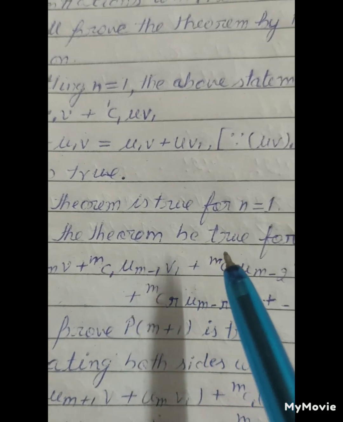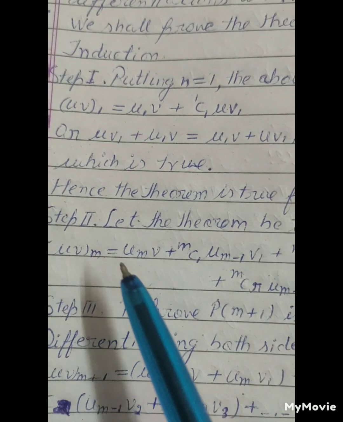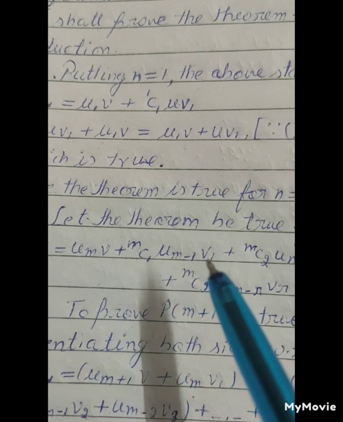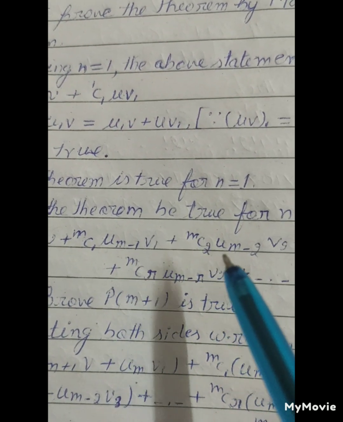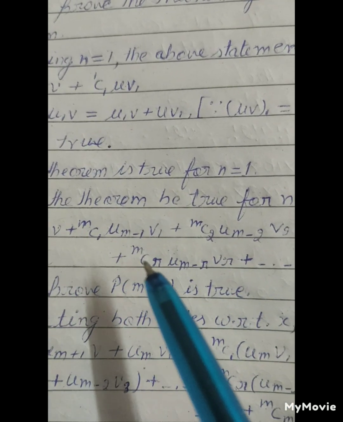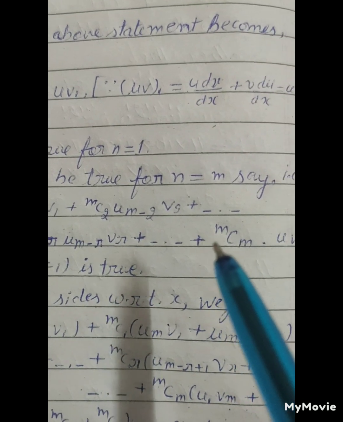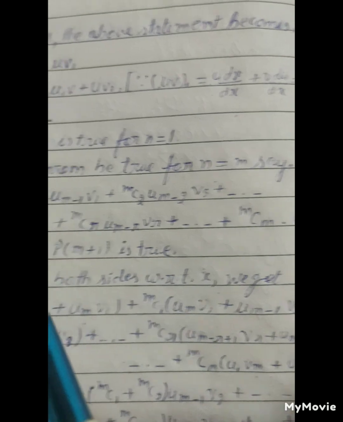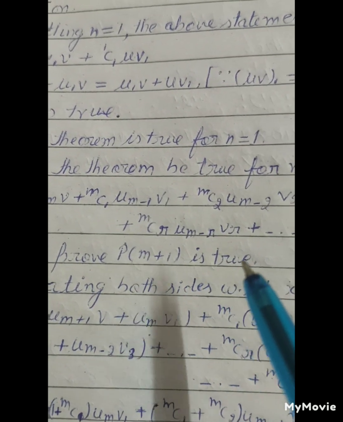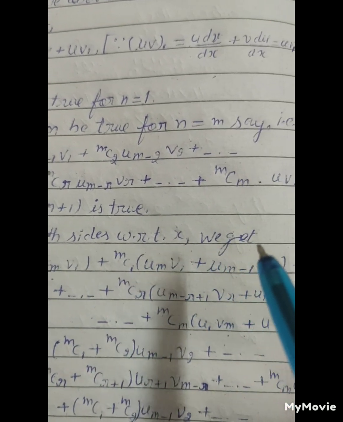Step 2. Let the theorem be true for n equals m. That is, (uv)_m = u_m v + mC1 u_(m-1) v_1 + mC2 u_(m-2) v_2 + and so on + mCr u_(m-r) v_r + and so on + mCm u v_m. Step 3. To prove it true for m plus 1. Now, differentiating both sides with respect to x, we get